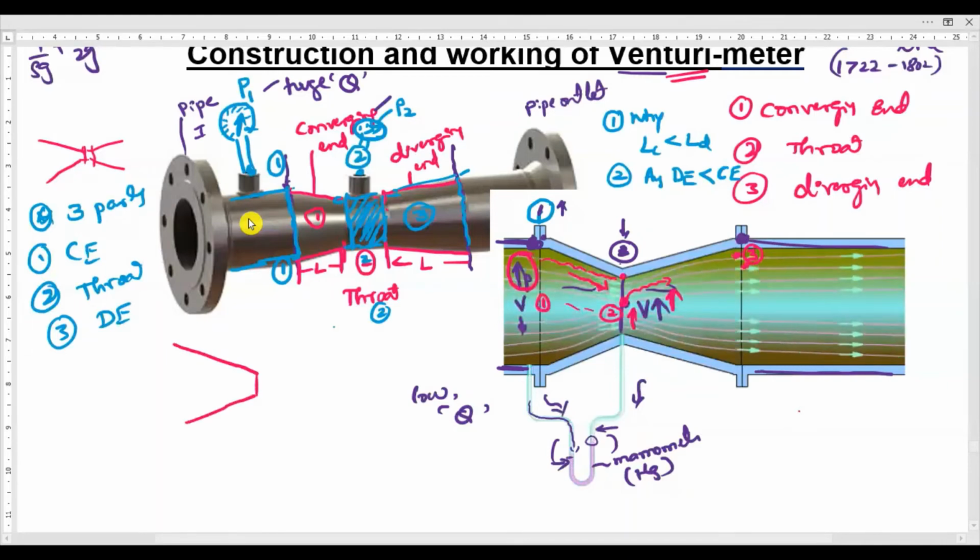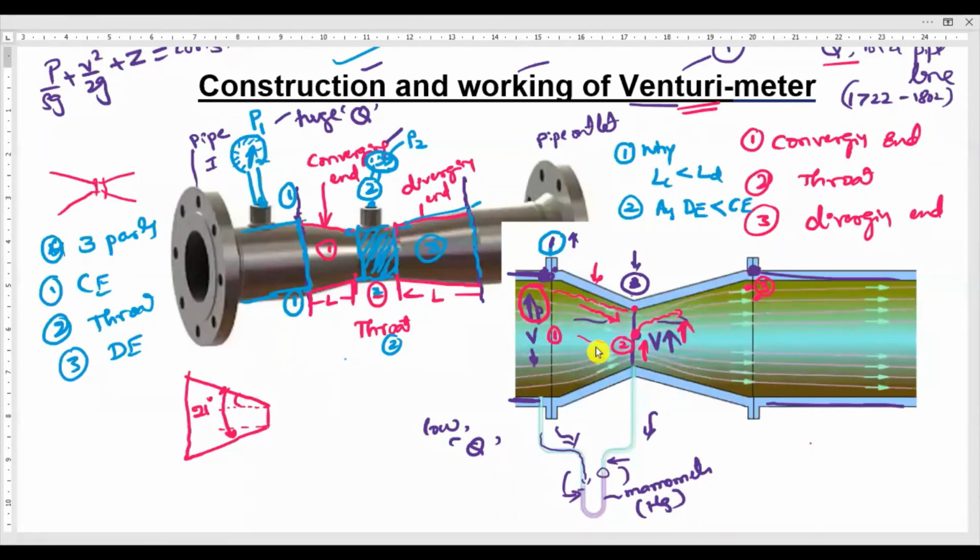So this is the length of the converging end. As you can see in these two pictures, here is also a converging end and here is also a converging end. The angle between the throat and the converging end is more. Here is also more. The total angle between these two will be approximately 21 degrees. Okay, but here the total angle is 21 degrees, and this portion is called the throat. So the Venturi scientist has not designed it in this way.